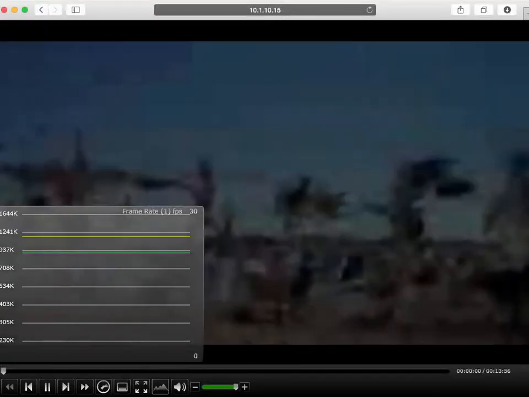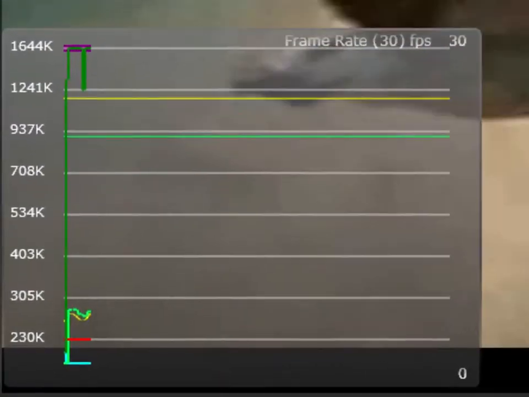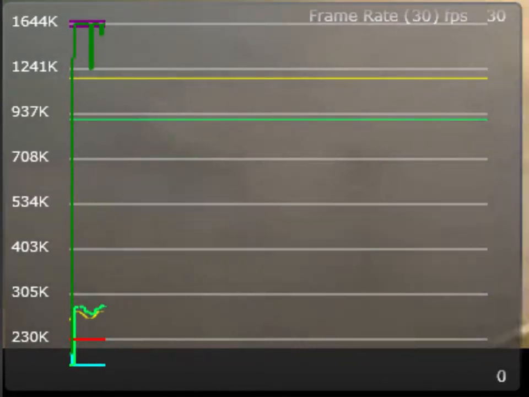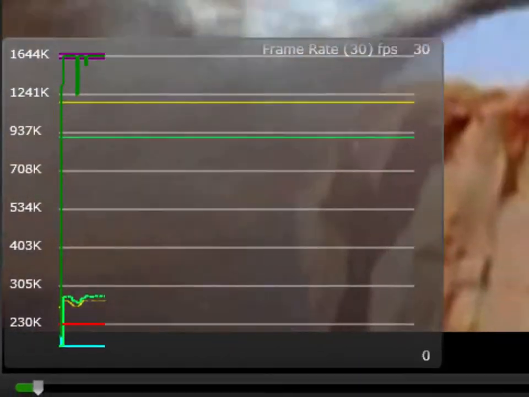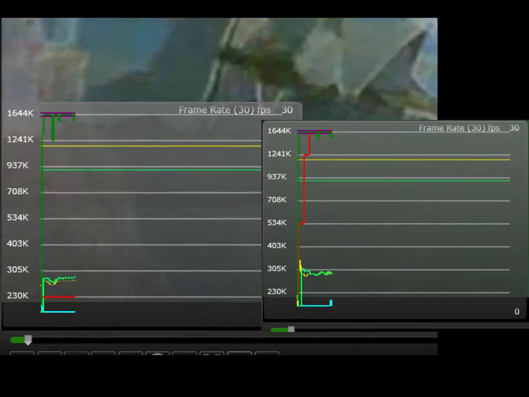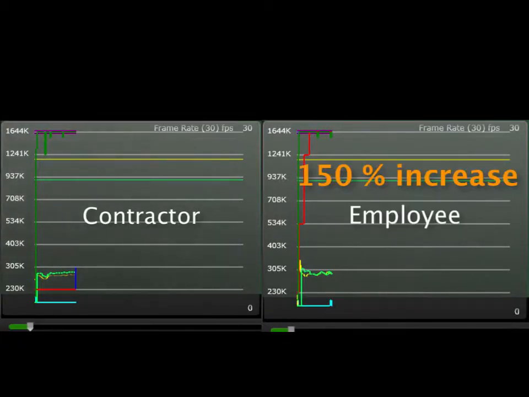This time you'll see the quality is not rapidly increasing as much as it did in the first video. There's some buffering going on. And if we zoom into the bitrate graph again, focusing on the red line, you'll see we're now using the lowest encoded rate possible. Now we're still able to maintain and watch the video without too much interruption, but a side-by-side comparison of these two shows that if the bandwidth is available, the video will consume, in this example, 150 times more network bandwidth between Employees